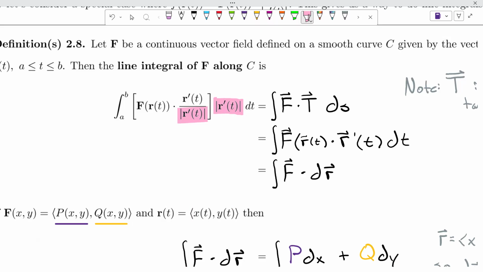So if I simplify that expression, those two magnitudes should resolve themselves to just multiplying by 1, which gives probably the best and most convenient version of this second form